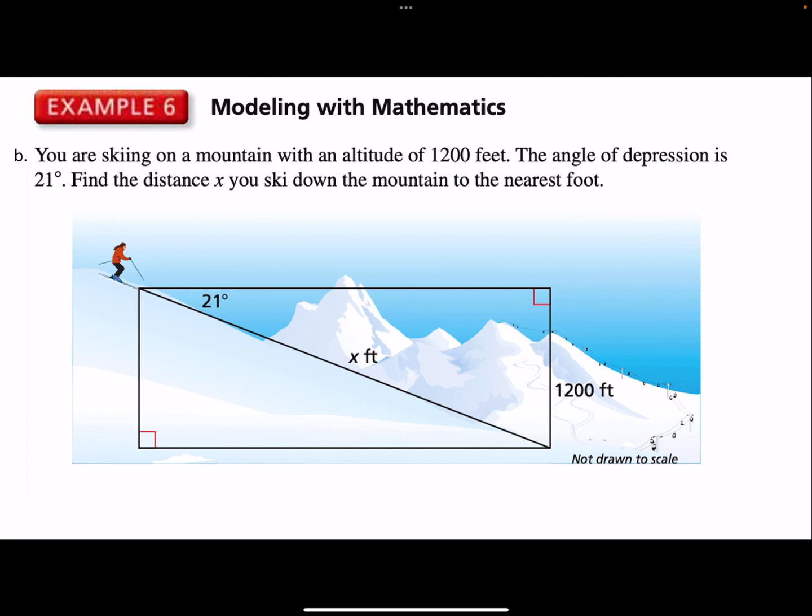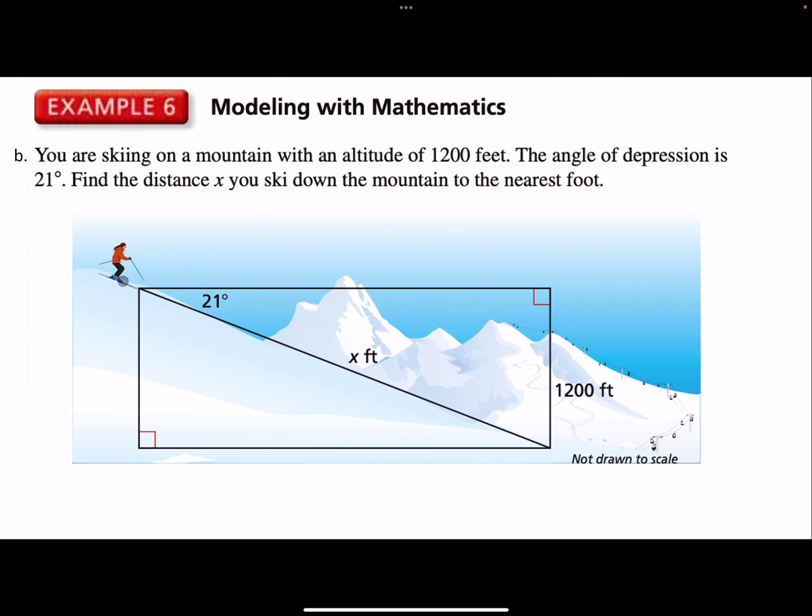Here's part B. You are skiing on a mountain with an altitude of 1,200 feet. The angle of depression is 21 degrees. Find the distance, x, you would ski down the mountain to the nearest foot. See, now I'm paying attention to the fact that this says round to the nearest foot, because I didn't earlier. So,